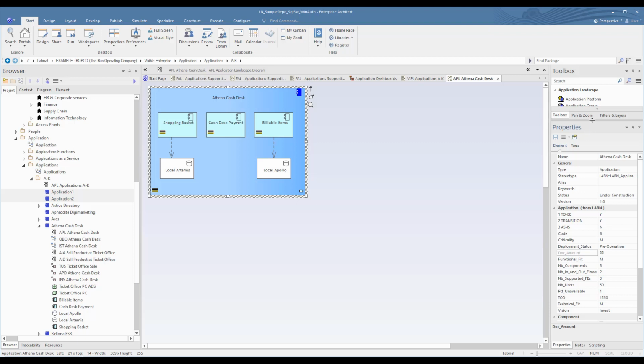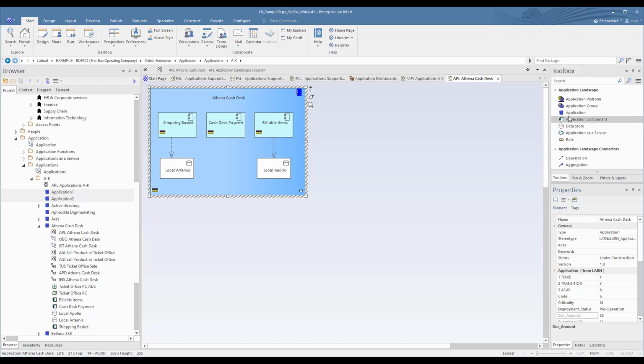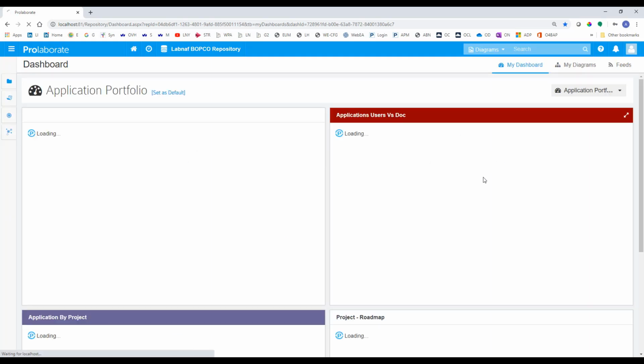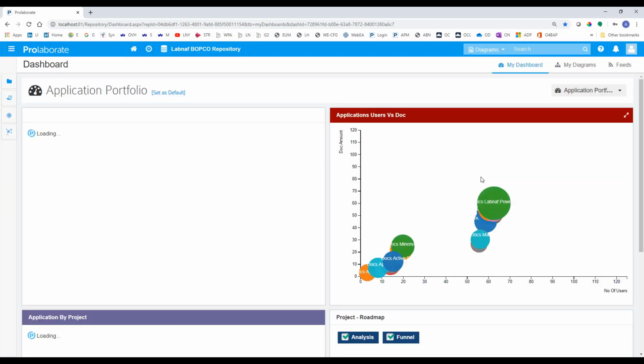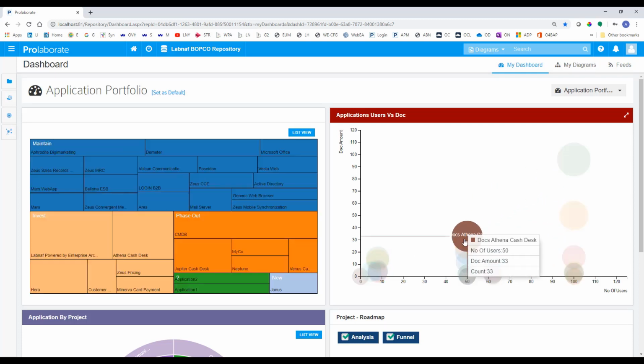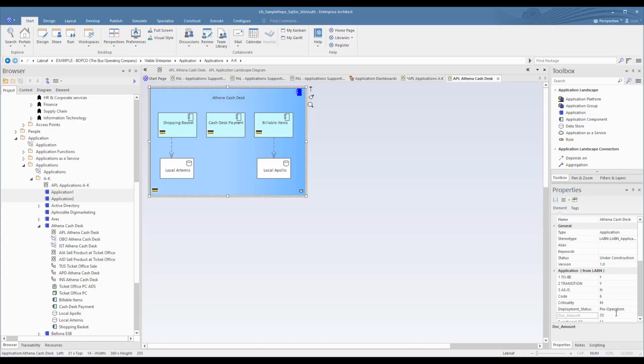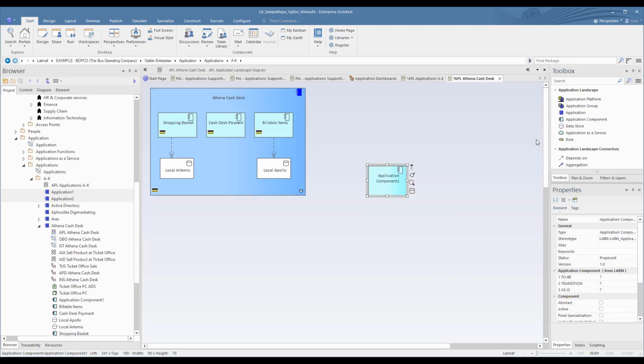So let's first look at the same result in Prolaborate. You can see the same application, which has a document amount of 33. So the amount of documentation for this application is 33, as calculated here, so it's correct. If I add some components,